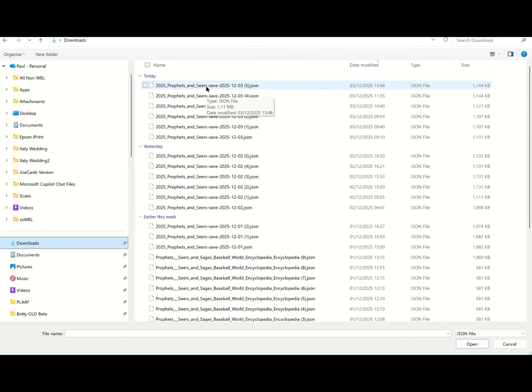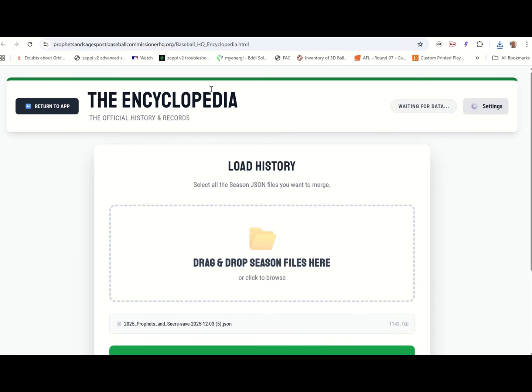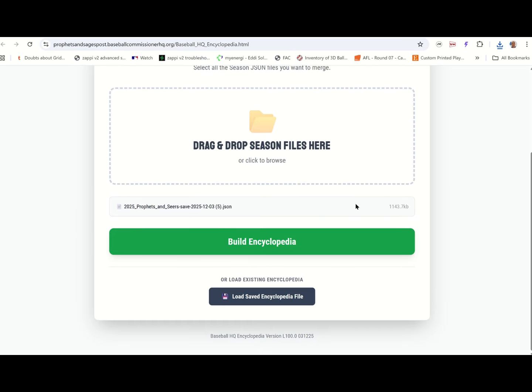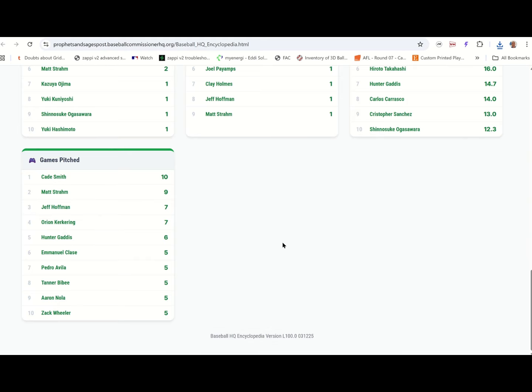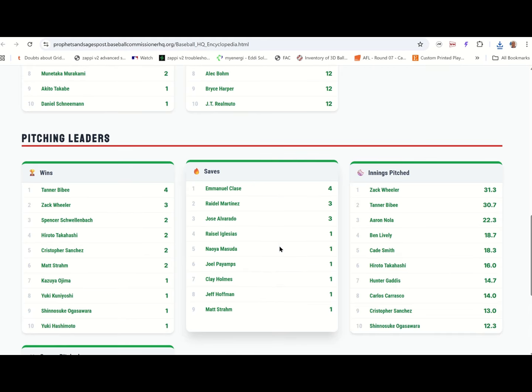We just click that, and you'll see it's added it there. So you could add as many as you want. You could add hundreds or 1 or 2. This is just part way through the season, so obviously it's only giving us a snapshot of the league at the moment. Build encyclopedia, and there you've got